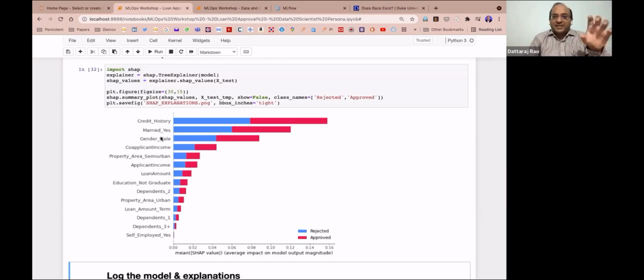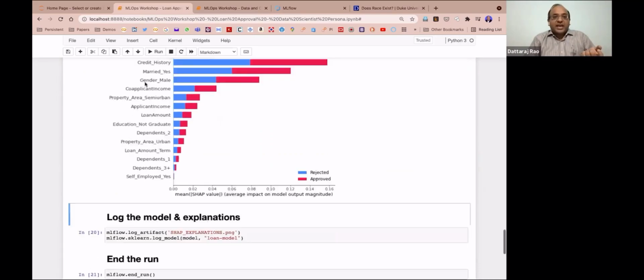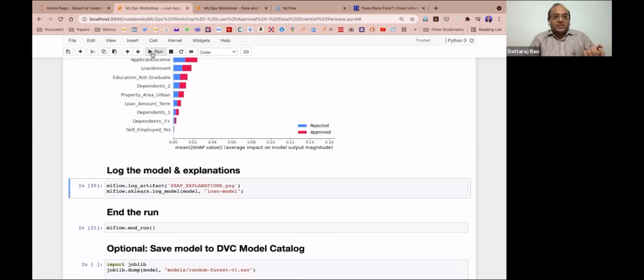So you see the change in the importance of features. When you build a model out of the dataset which was biased, you could see that the protected attributes like married and gender started playing a role, because these features had bias. And now let me just log this